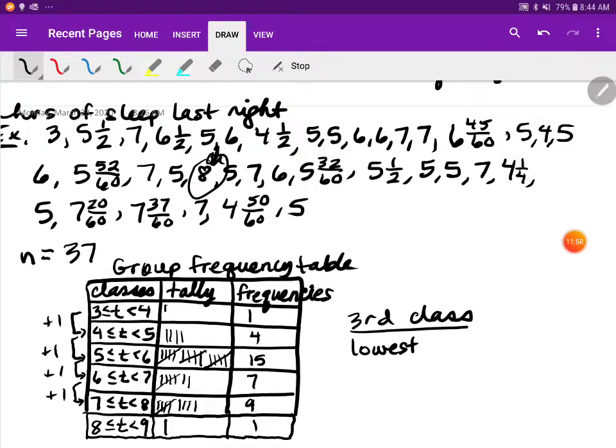What is the lowest value? Okay, so that's 5. And what is the highest value in the third class? Well, the highest value is kind of 6, right? But it's a borderline 6, so I'm going to put 6. I'm going to put a little minus after it, but